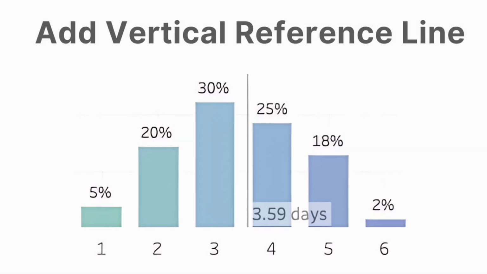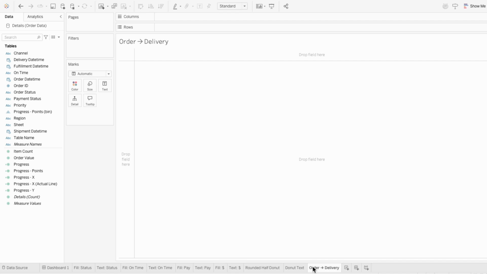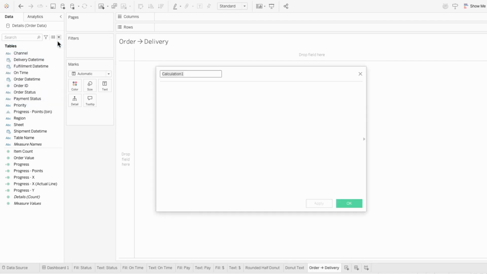I'll show how to add a vertical reference line to a histogram in Tableau. In this example, I'll use a histogram of order to delivery times, and I'll add a line to mark the average. Since this histogram will use bins of the order to delivery time, I'll start by taking the delivery date